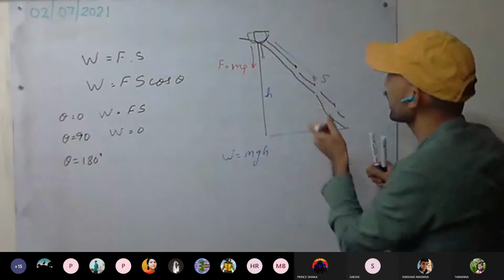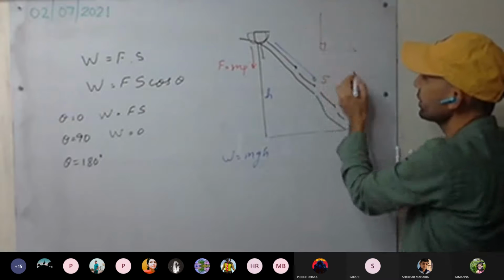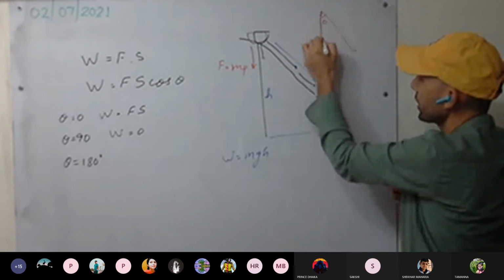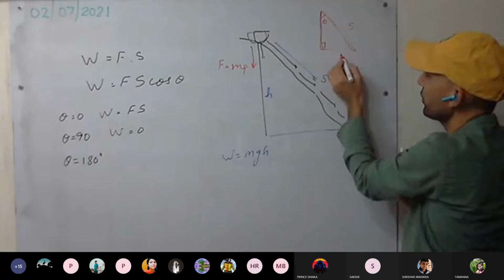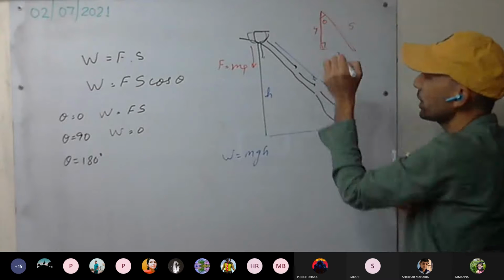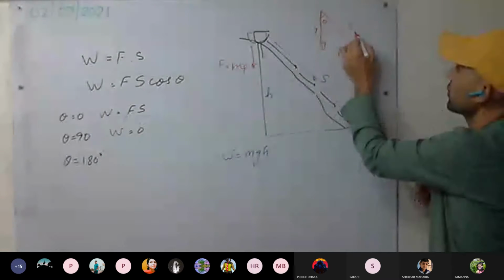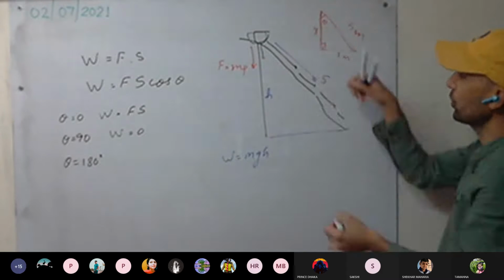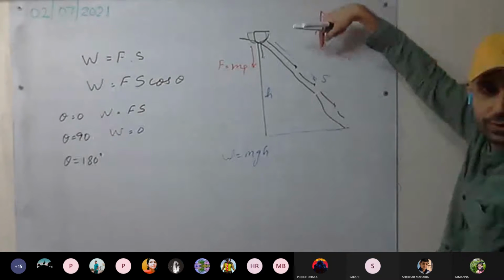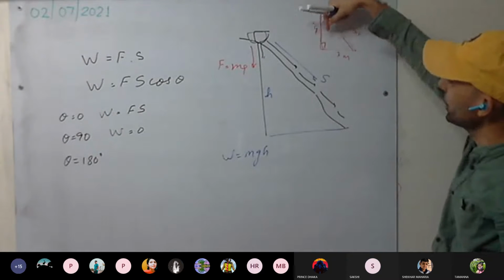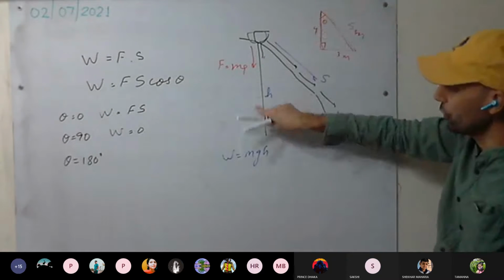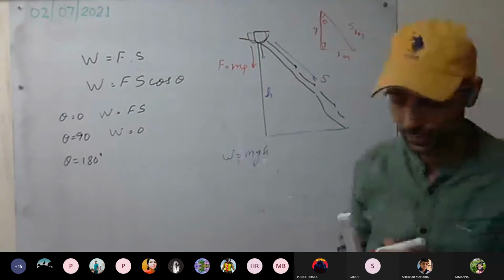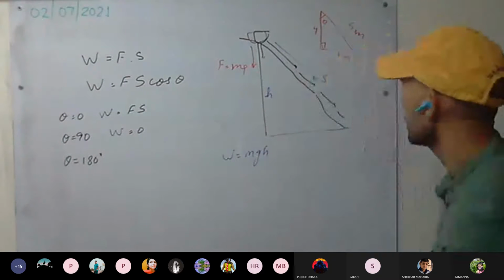You can get it, it's a right angle triangle. This is theta. Its component we are taking. For example, if it is 5 meters and 3 meters, then its component will be how much? 4 meters. Understood this one? The 5 meters component vertically is how much? 4 meters. Okay, you understood this much?